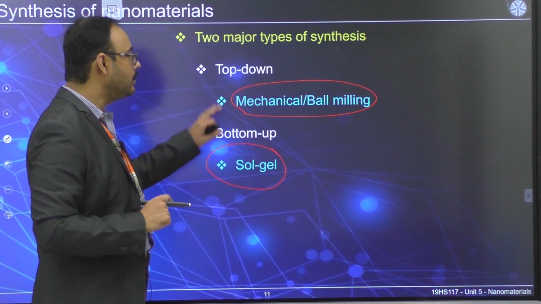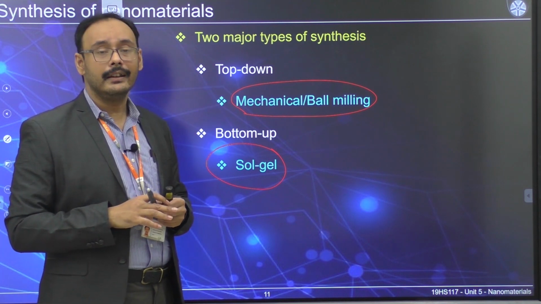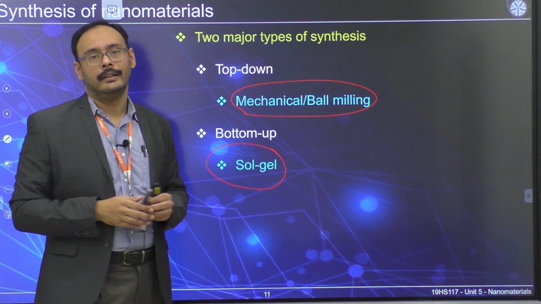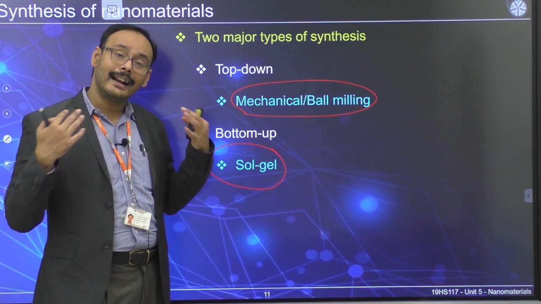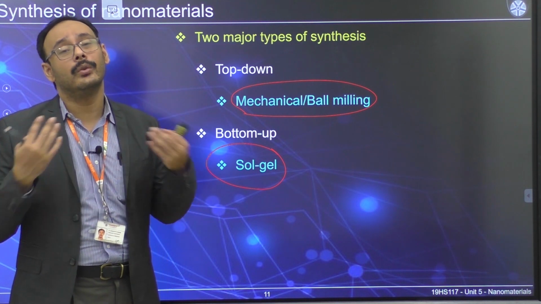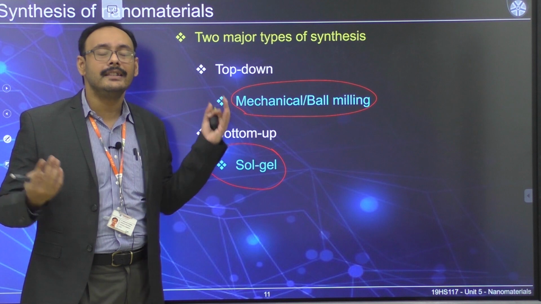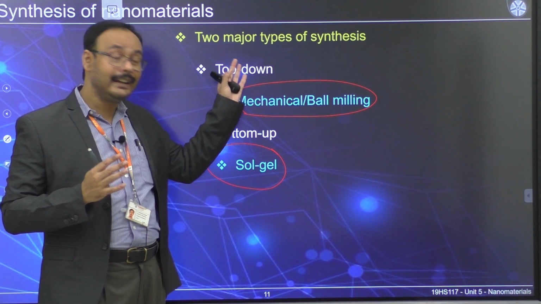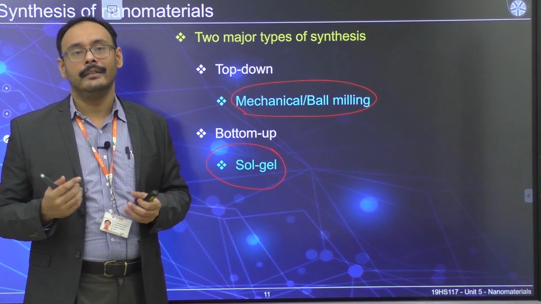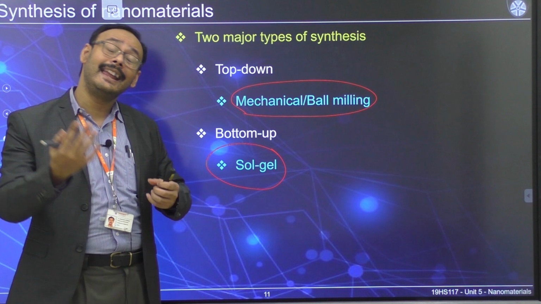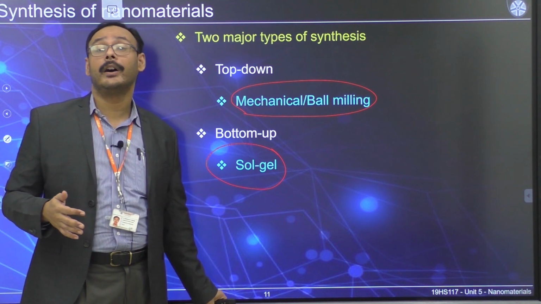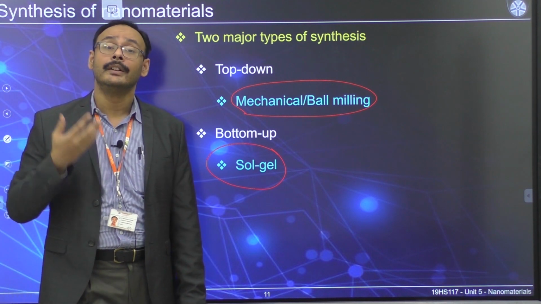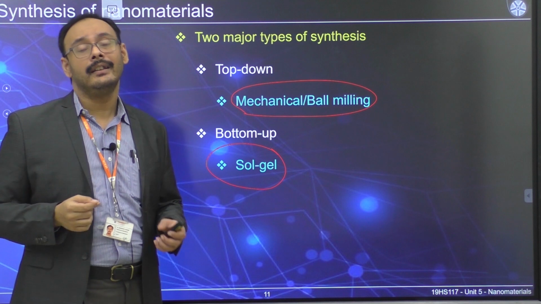Okay, so these are the two techniques that we are going to use to explain what the top-down and bottom-up approaches mean. As I said, there are other techniques and they all have their own advantages and disadvantages, but we have chosen these two so that you get some idea about what exactly top-down and bottom-up approaches mean. And hopefully during the next discussion, when we start discussing carbon-based structures, fullerene, graphene, carbon nanotube, some of the other techniques will also be explained.